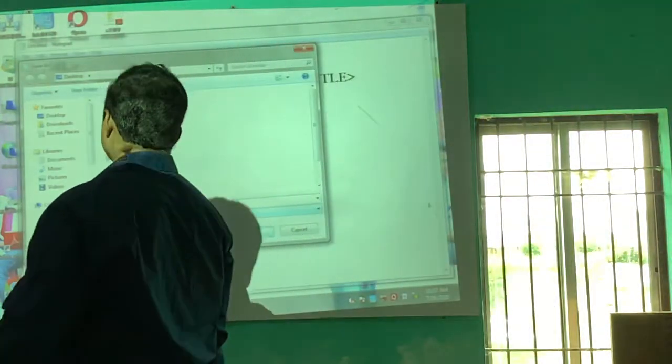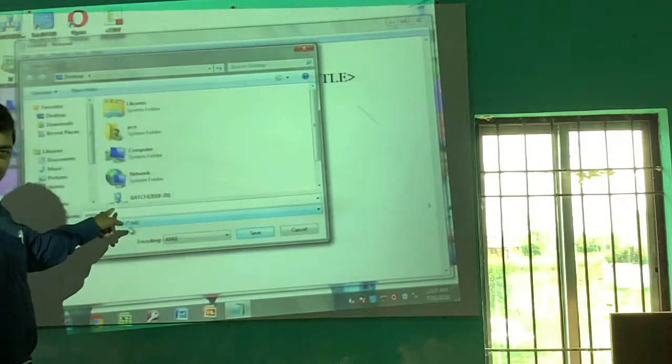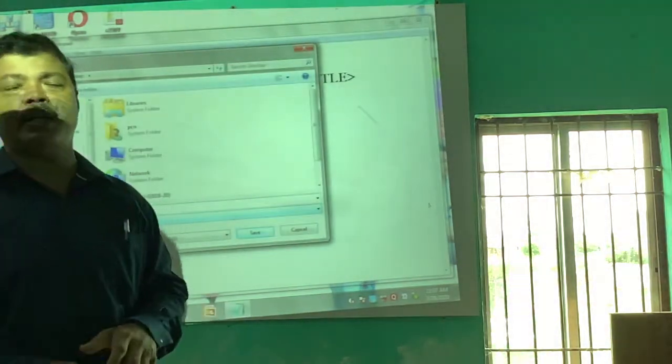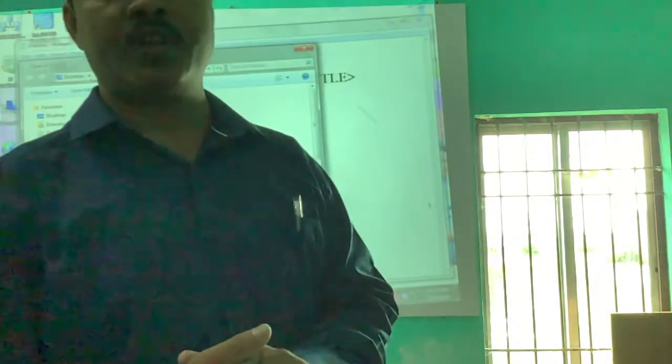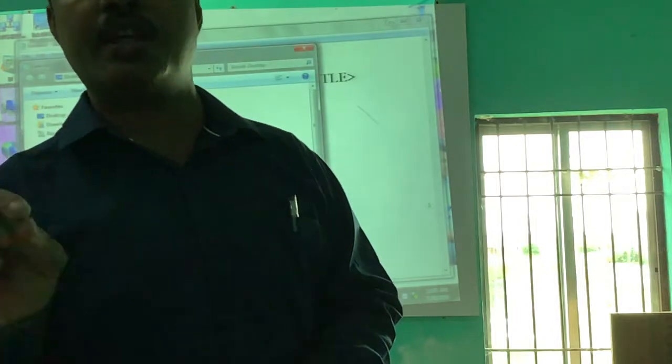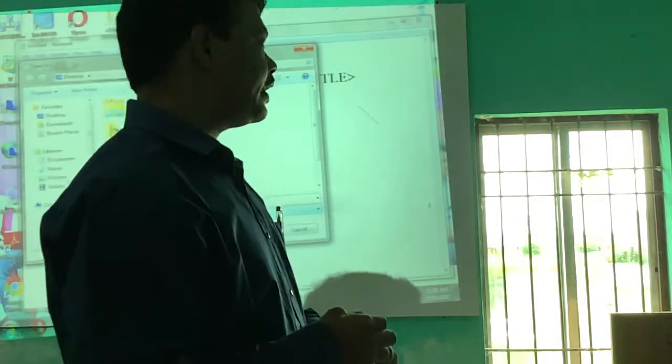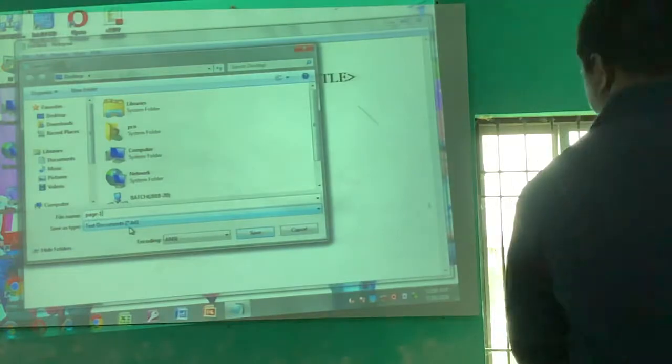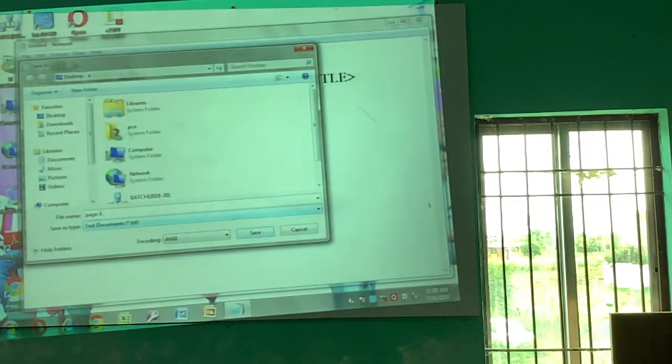It will not be an HTML document. So for creating an HTML document, after giving the name, we have to give the extension .html. So now the file name will be page1.html.